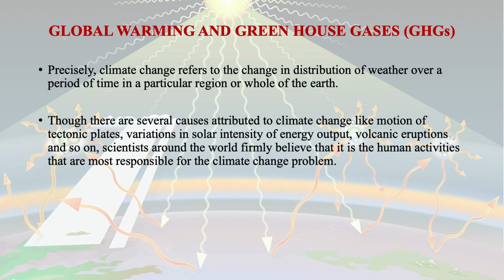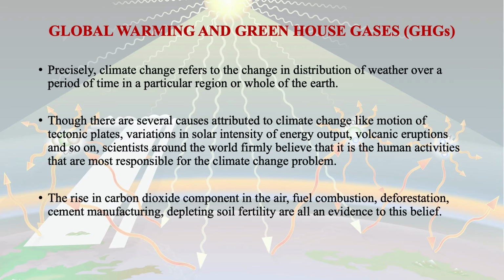Though there are several causes attributed to climate change, like motion of tectonic plates, variations in solar intensity of energy output, volcanic eruptions and so on, scientists around the world firmly believe that it is human activities that are most responsible for the climate change problem. The rise in carbon dioxide component in the air, fuel combustion, deforestation, cement manufacturing and depleting soil fertility are all